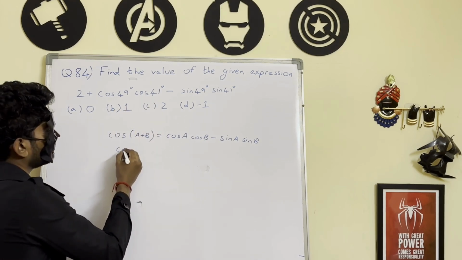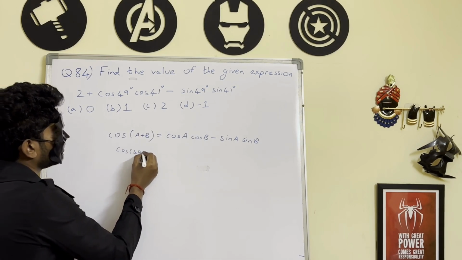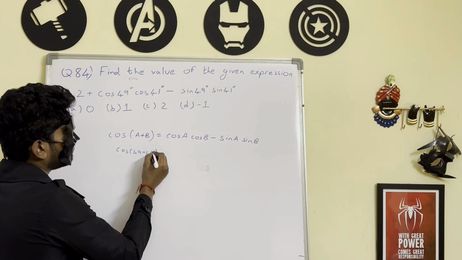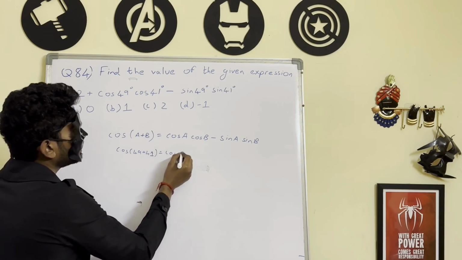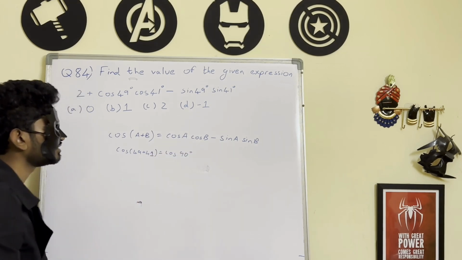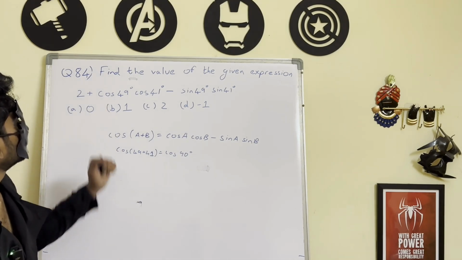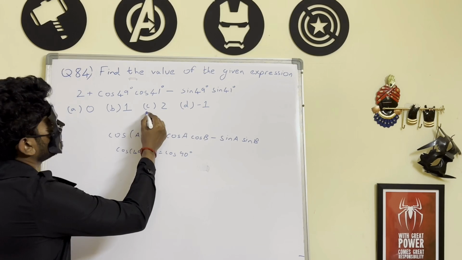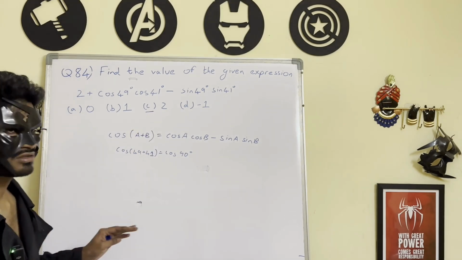So this is equal to cos 49 plus 41, which is cos 90, and we know that cos 90 value is equal to 0. So the answer to this question will be C, that is 2, but you can also solve the other way,